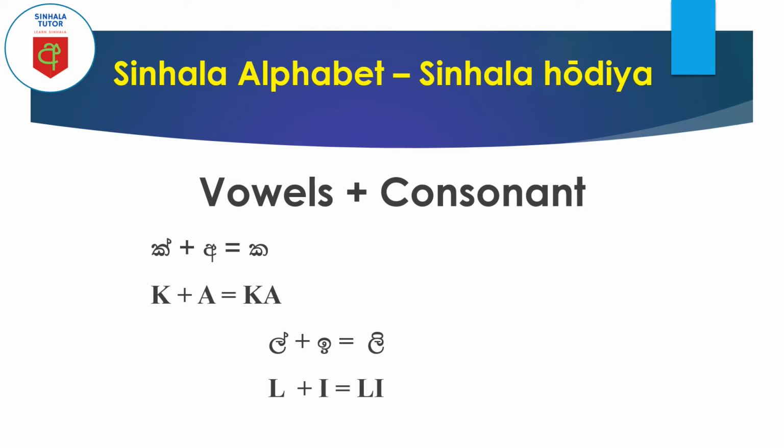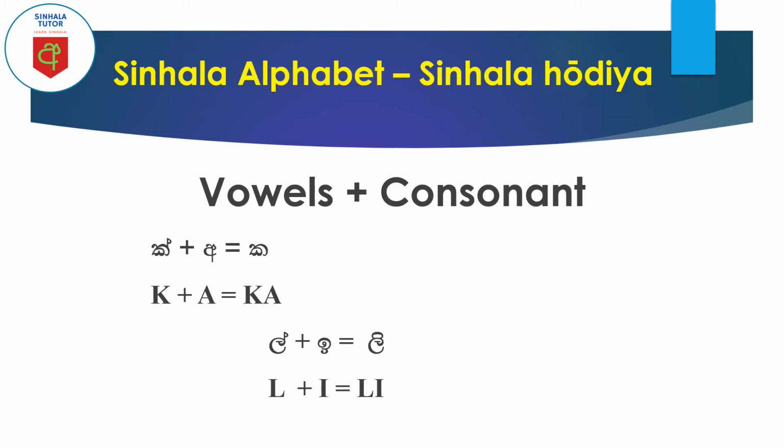So k plus a sound: k is a consonant, and a is the vowel. The consonant plus the vowel, so then you can represent the normal pronunciation, ka. As in English also, you use k plus a for car, producing the car sound. So k plus a, a consonant and a vowel. The same principle applies here, but